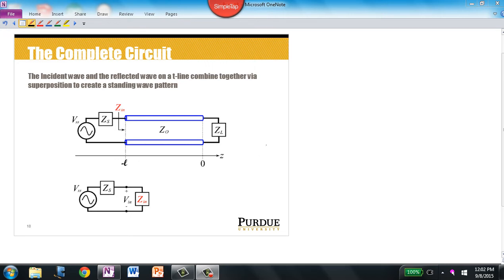Now we've got all the tools necessary to determine what the voltage and current along the transmission line and at the load are going to be when we connect a T-line and a load to some sort of generator with some sort of source. And I'm going to start solving this circuit here generically. And I'm going to go through all the steps, kind of summarizing what we've done since the beginning of